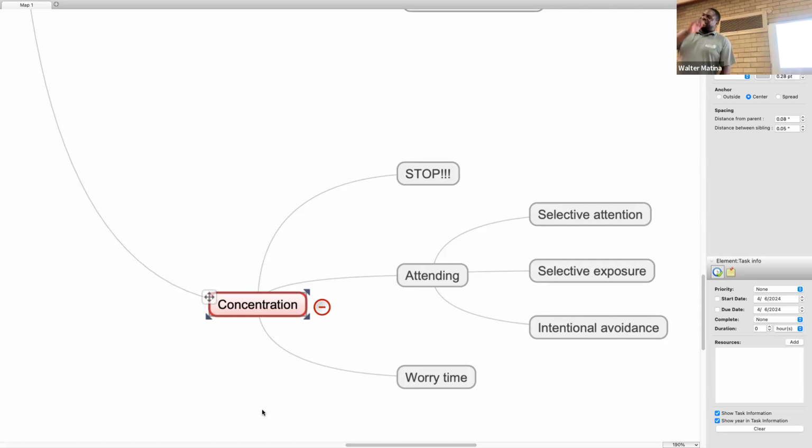So the rationale behind it. Because it is counterintuitive, and what we mean by counterintuitive is it doesn't make sense because it goes against everything that we know of. We look at worry and we think it is something that we have to run away from and avoid at all costs. But